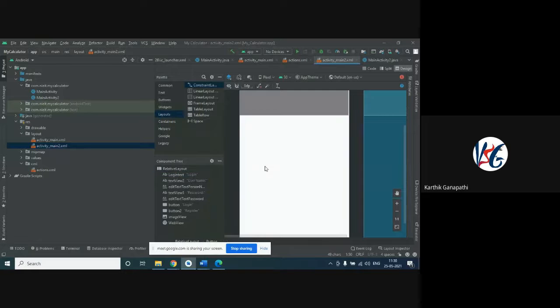Okay, I just changed this to relative layout. Just a minute, hold on. As you can see, when I change this to relative layout, whatever errors I had here have vanished. Now you can see the components one by one. Each component right now, what we see here. Just a moment, I'll zoom out.